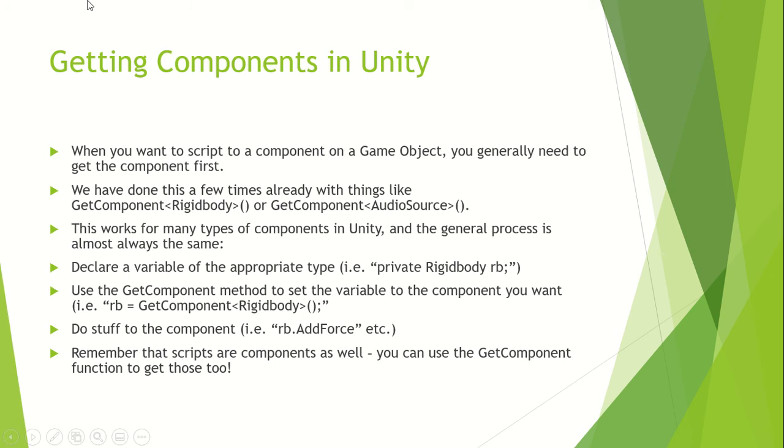Let's see, getting components. We've talked some about this too, but just as a reminder, because we've seen these functions a lot, and this is probably going to be a key piece of doing a lot of new gameplay mechanics for the final project: interacting with the GetComponent system. In general, if what you are trying to do is script to a component on a game object, you want to do a thing in your code that changes a component attached to a game object, like a rigidbody, particle system,